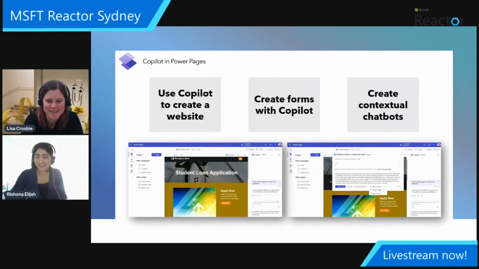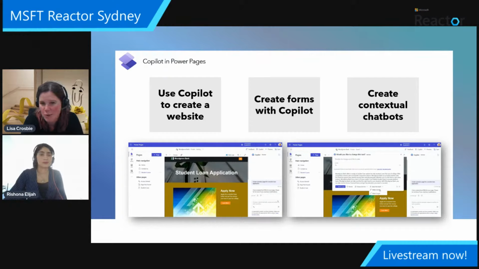Cool. All right. So now we've got Copilot that can help us with building web pages. This one is probably less advanced, I think, than the Power Apps and some of the other ones. This one's a newer kid on the block. But the idea here is that Power Pages allows you to create your own business website. So we've got these experiences with natural language that allow you to create those websites by describing them, and it will find relevant templates and styles and things for you, creating the forms that go on those sites, which is how we're interacting with your data.